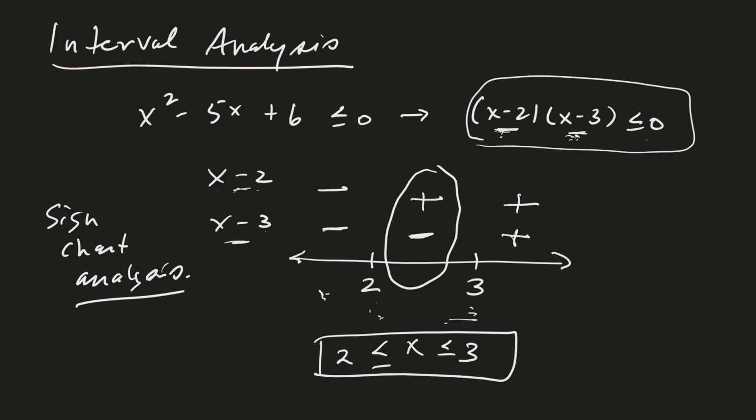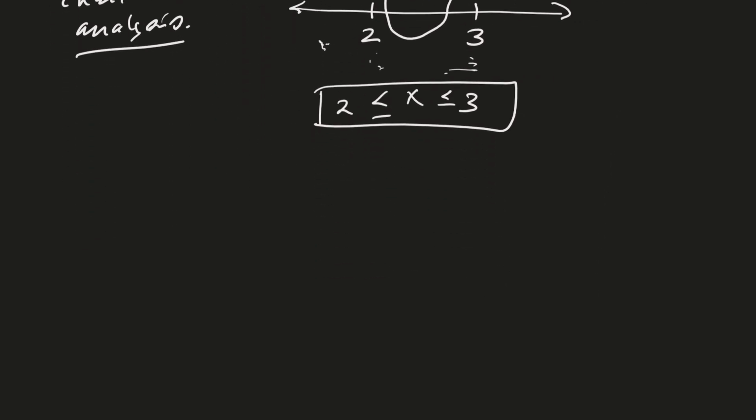And so maybe we should do one more just to make sure that we get it. So I'm going to write down an expression we want to solve for x. If we have x times x minus 1 times x plus 4 is greater than 0. And so go ahead and pause the video for a moment and see if you can solve for x. Okay, are you back? So using the sign chart,